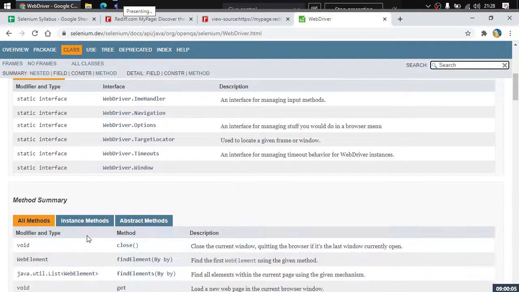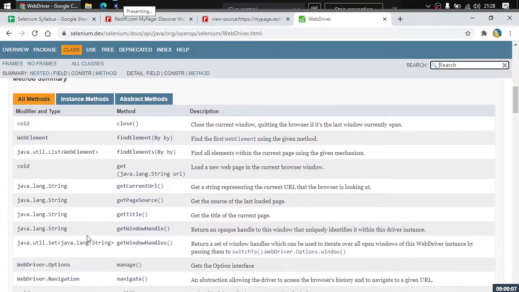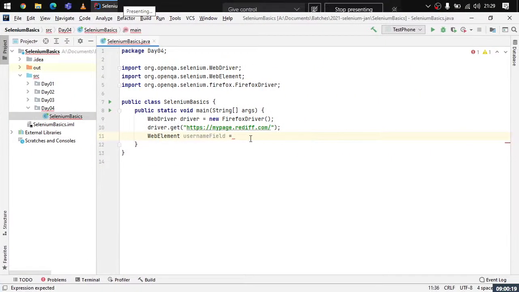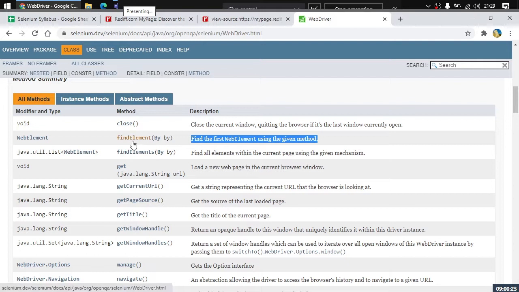Now here, WebDriver has specified a few methods. One of the methods is findElement. findElement is a method which finds the first web element using the given method, right? This means that this is the method that we have to use. So driver dot findElement. This findElement method receives something, that is, it receives data from the By class.